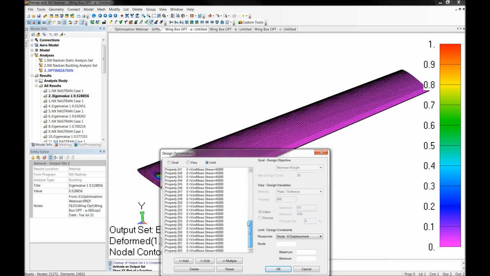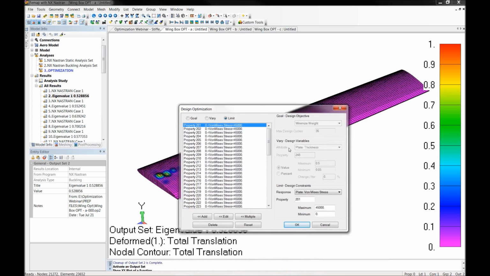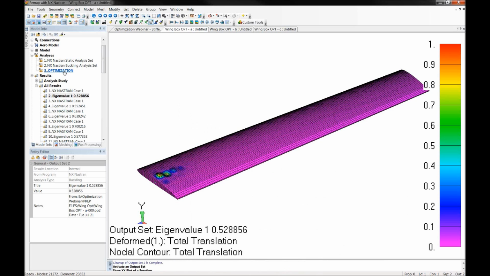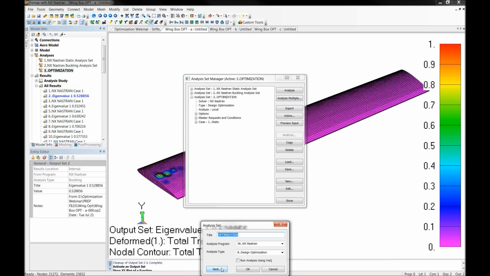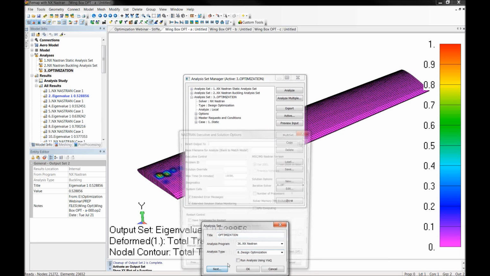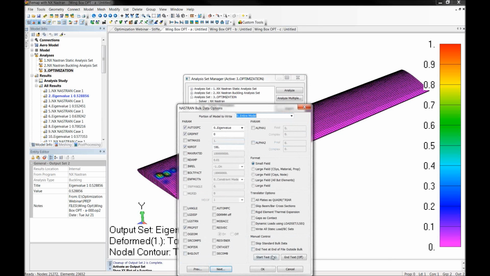For my constraints, I did a stress constraint of 45 KSI, and I already mentioned it's not going to drive the problem. And so that's really all we can do in this model optimization window in this dialog box. And so how do we define the buckling? Well, when I set up the optimization analysis, same as before, I choose design optimization, next, all defaults. So here we need to edit the bulk data